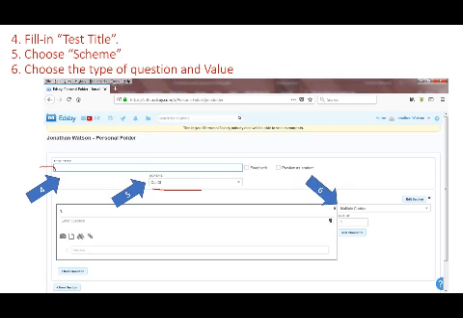Then you have your type of question. You're going to choose the type of question that you want over here with number 6. Notice that it says out of. You can change the weight of each question here. Let's say one question is worth 2 points as opposed to the other questions being worth 1 point. You can choose that. When you choose multiple choice, you'll be given a window that looks just like this one,